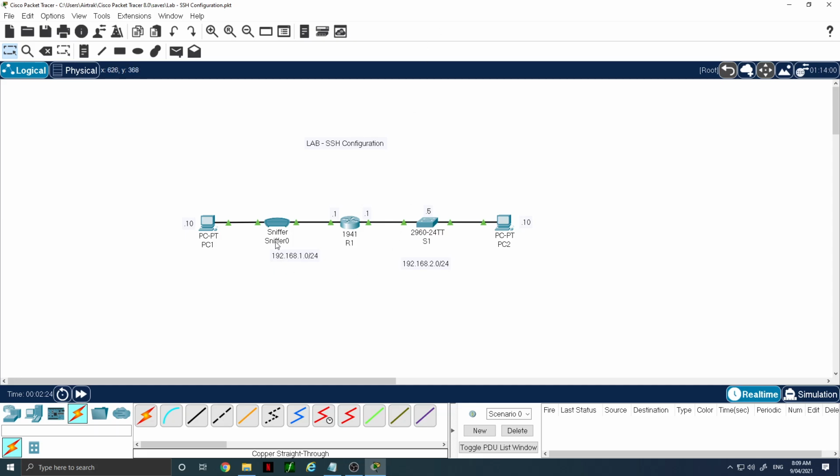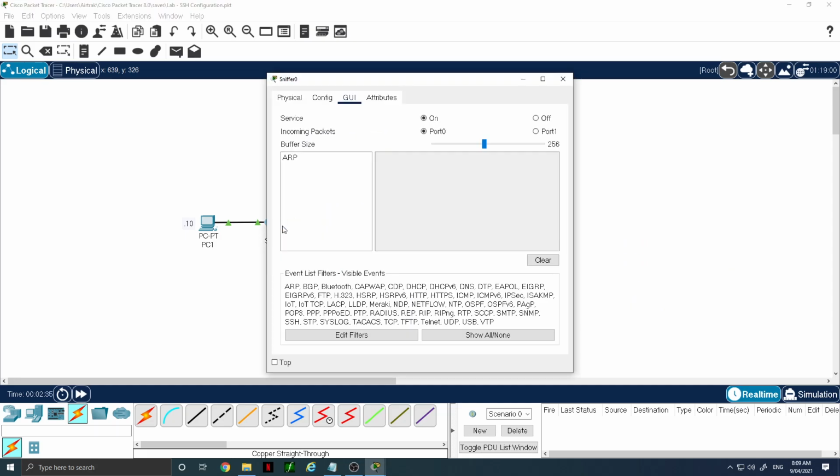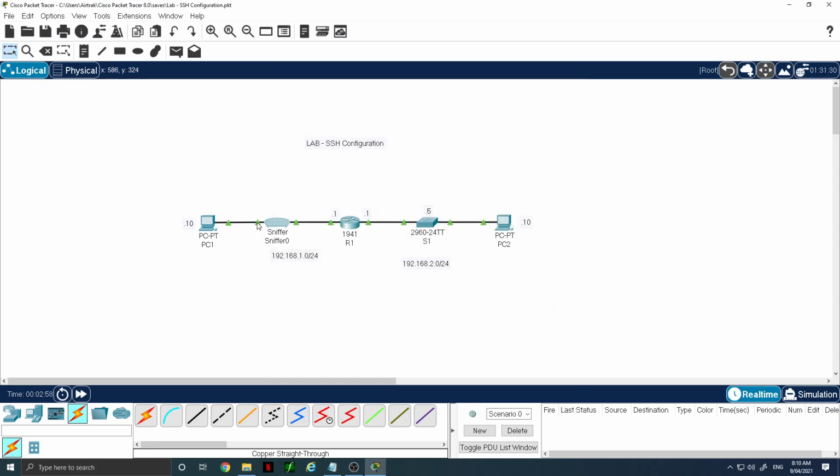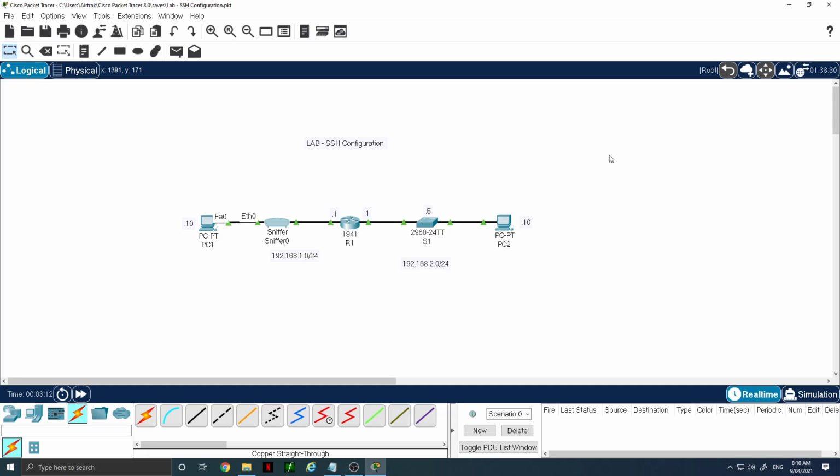So in this lab we've inserted a sniffer between PC 1 and router 1, and in Packet Tracer it's very easy, you just insert it, and then for configuration you decide which port is capturing the traffic. So in this case port 1, which is the exit, and port 0 is the incoming. So port 0 is facing our PC1, so it's going to capture traffic leaving the PC and going towards router 1. So our SSH configuration will be on R1,